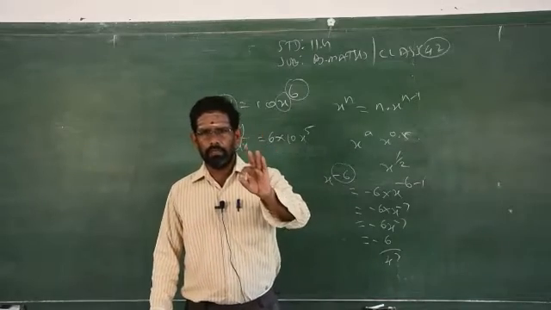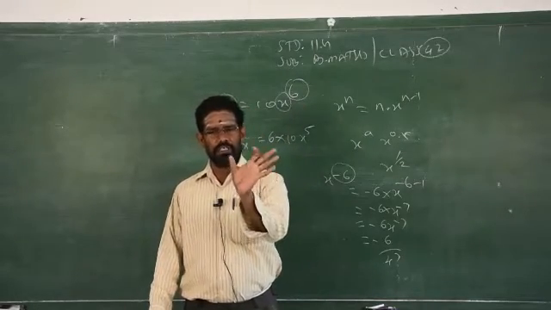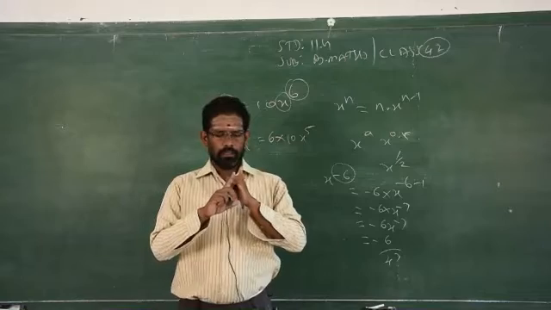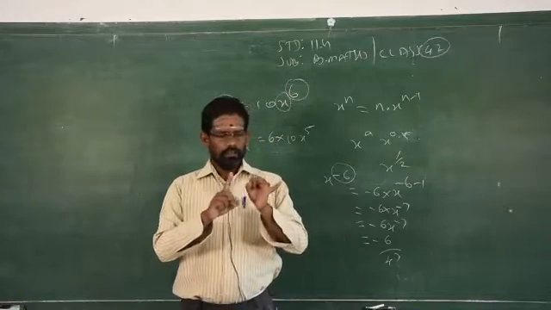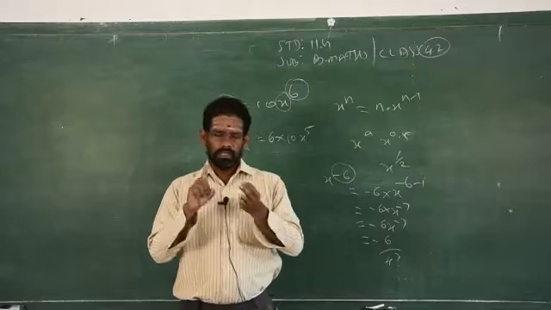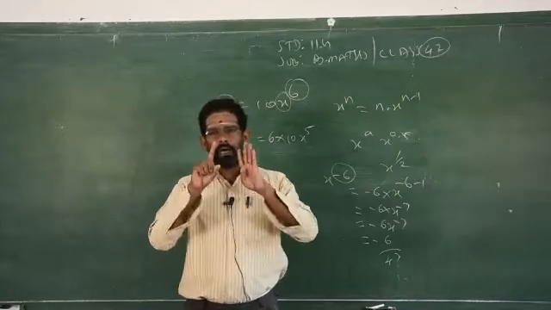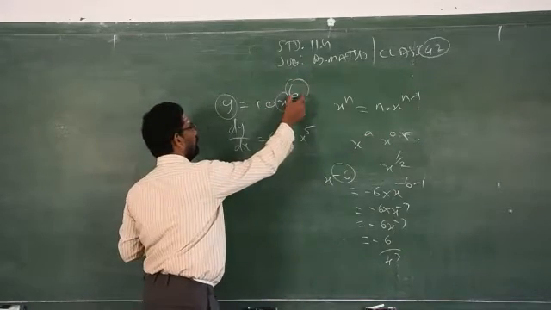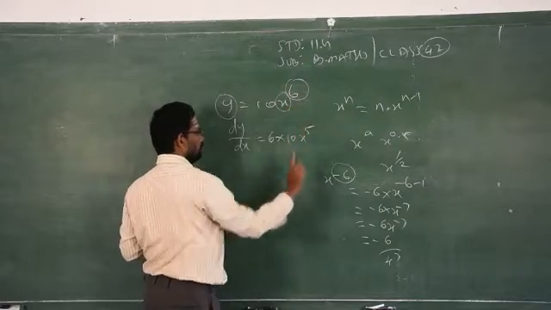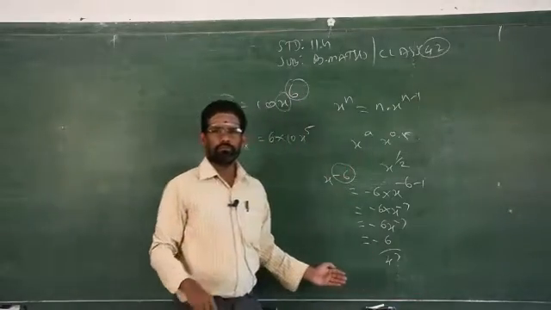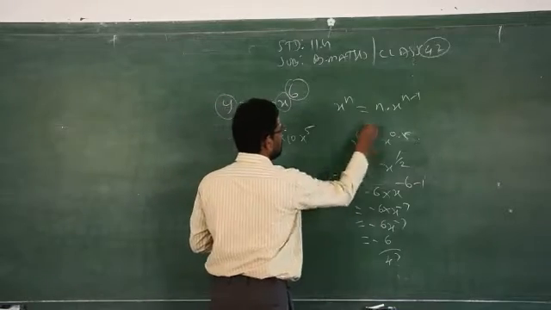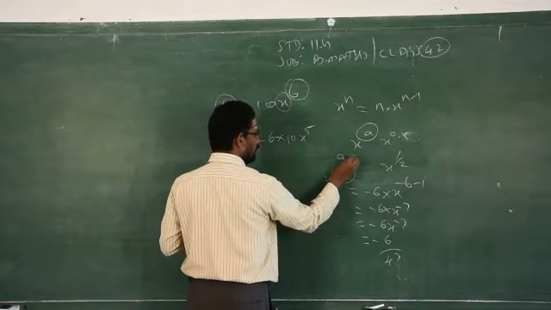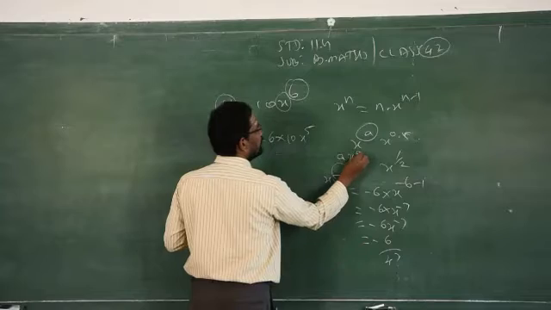So when the power is negative, it is the same simple concept. The power of the variable becomes the multiplier of the given function or term, then reduce 1 in the power. The power may be a natural number, a fraction, a decimal number or a negative number. Whatever is given in the question, the procedure is very simple. The power becomes the multiplier and you reduce 1 in the power. See, I worked it out with the negative sign also. The same concept applies if the power is some constant other than a number. What is the power of x here? A. So a becomes the multiplier, then reduce 1 in the power.